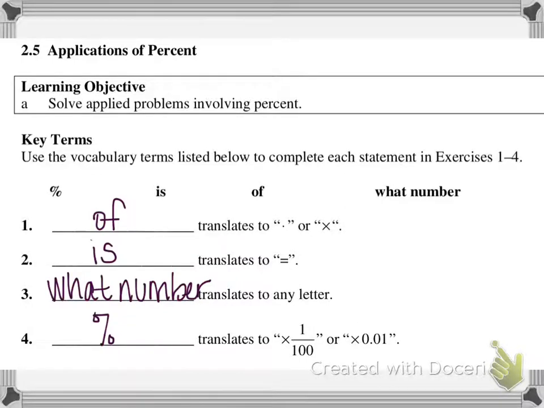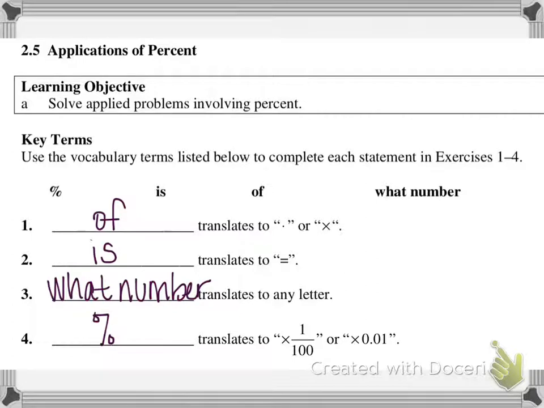In lesson 2.5, we're going to look at percent problems. We'll look at some pretty basic problems, and then we're going to look at a couple of word problems. A few of the key terms to keep in mind when you're working with percent are key words. The first one, "of," translates to multiplication. "Is" translates to equals. "What number" translates to any letter variable, and "percent" translates into times 1 over 100,